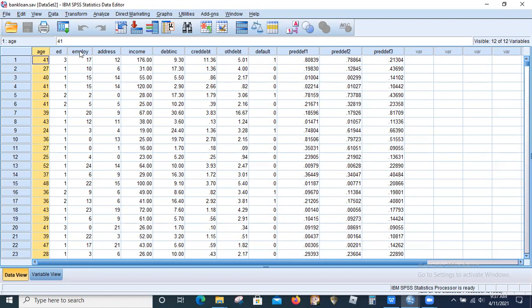So if you look at this particular data, which were taken from, okay, so